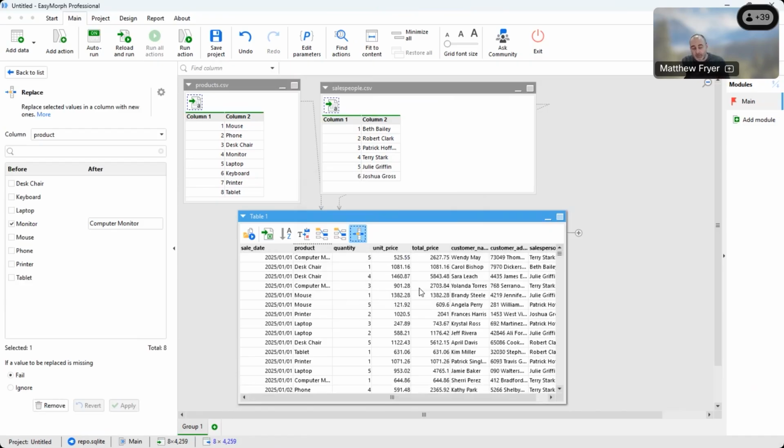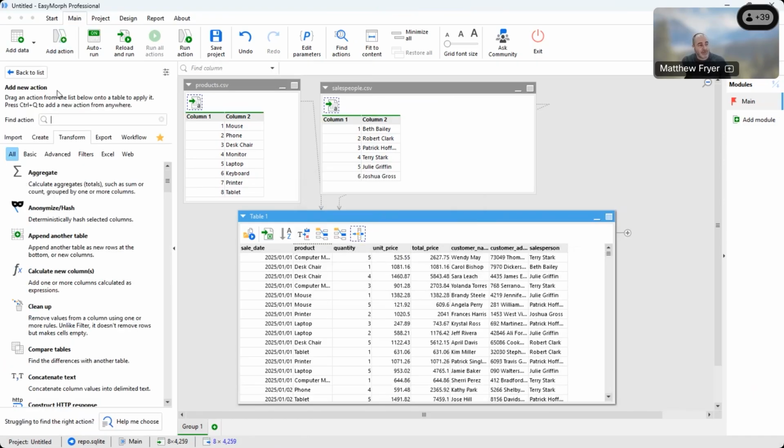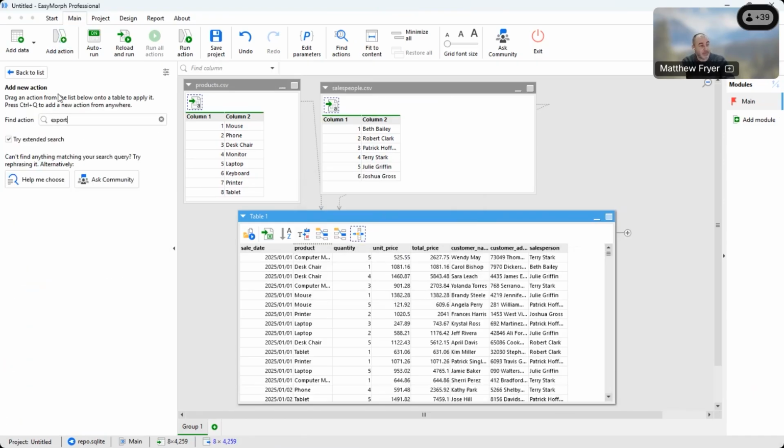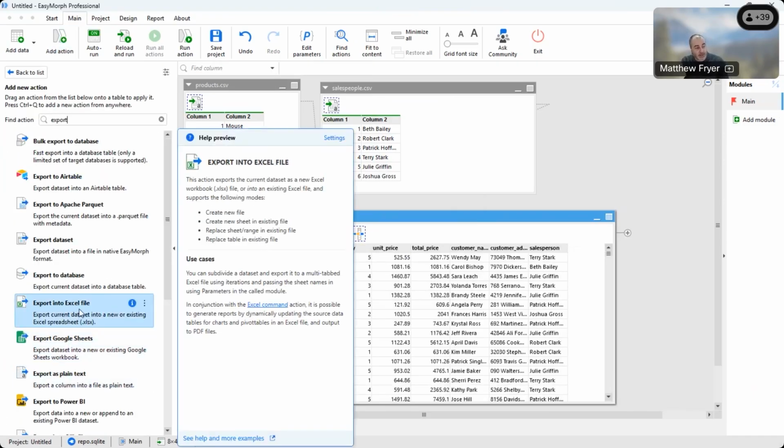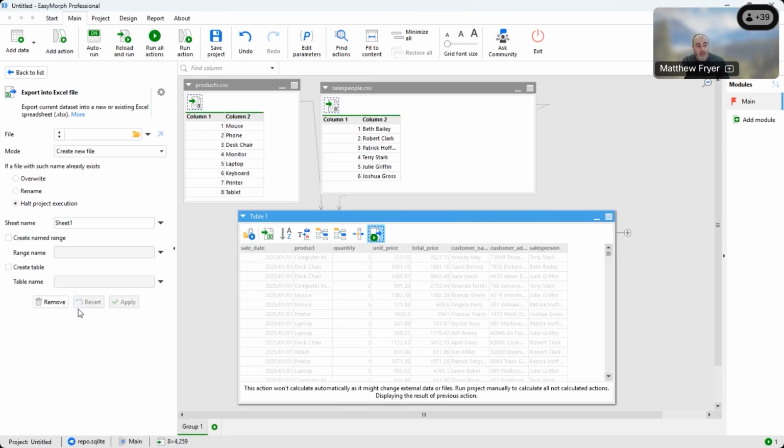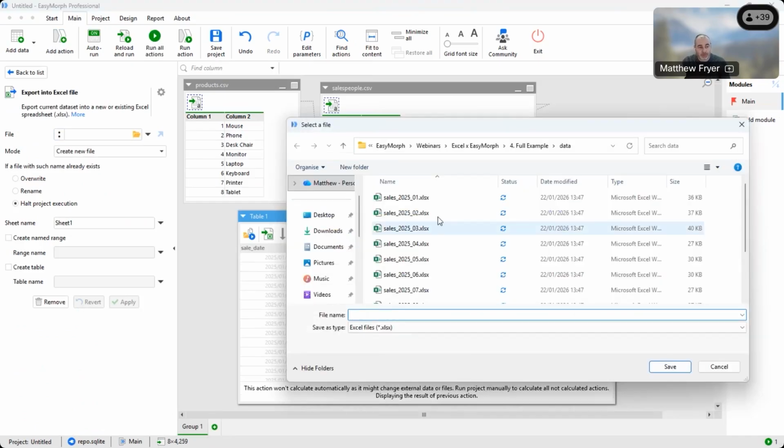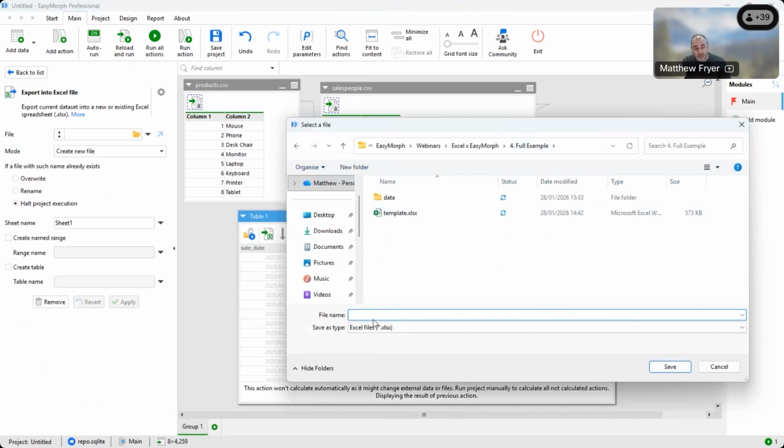And when I've got the data looking as I want, well, I've got lots of options for what I can do to get this data out. Now, EasyMorph makes it possible to get it back out, of course, as a data file. I can export it, and there's an export into Excel action, and I can pick where I want this data to go. So I could type in a new file name and it will output a new file name, but